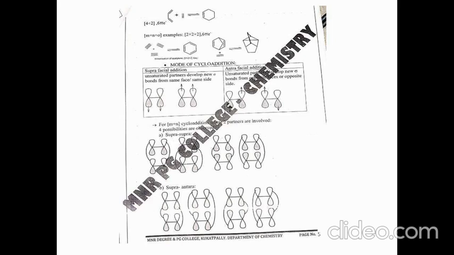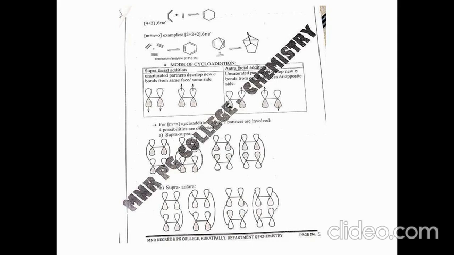Okay, now coming to the examples of cycloadditions in the 4n plus 2 pi electron category. The most important one is the 6 pi system. So 6 pi systems can come under the m plus n category, means two components can give the 6 pi electrons, like 4 plus 2 cycloaddition, the famous Diels-Alder reaction. Otherwise, 6 pi electrons can come from three components, means the m plus n plus o category, where each component will give 2 electrons. So let us see what the examples are.